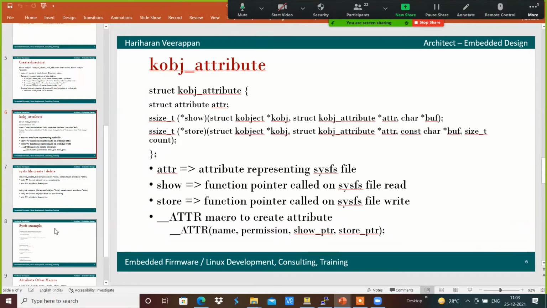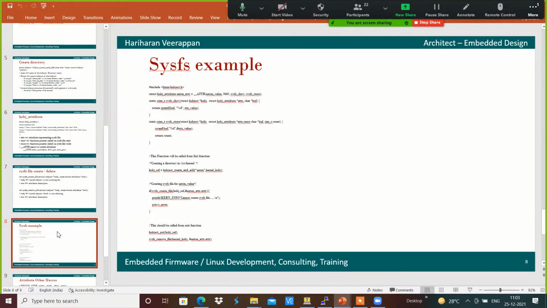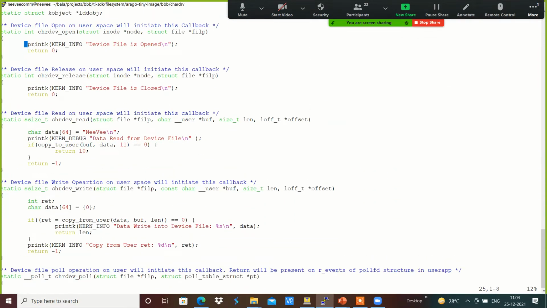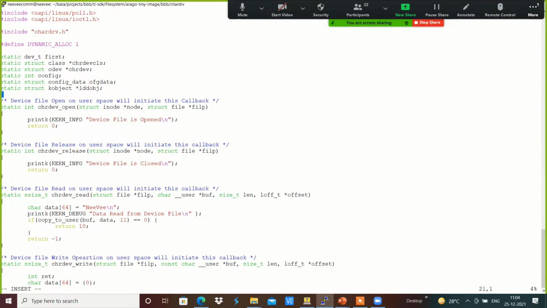For example, in order to do that, I am going to use something like a kobject create, and for that I am going to define a k object attribute over here, which is a static structure.